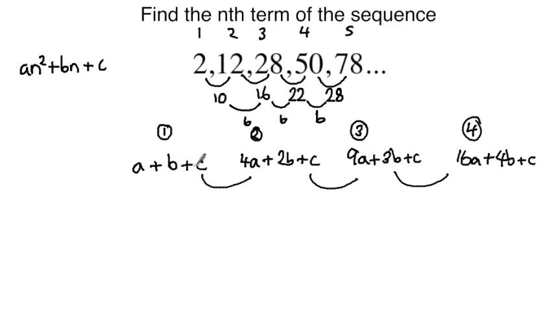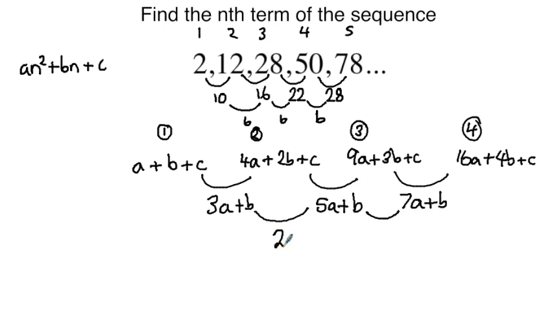So if we find the difference between these things, we'll find that the first one has a difference of 3a plus b. The difference between this one is 5a plus b, and the difference between these is 7a plus b. So when we look at the second difference of the general form, we find that they have a second difference of 2a. So what that is effectively telling us is that if 2a equals 6, then the value of a